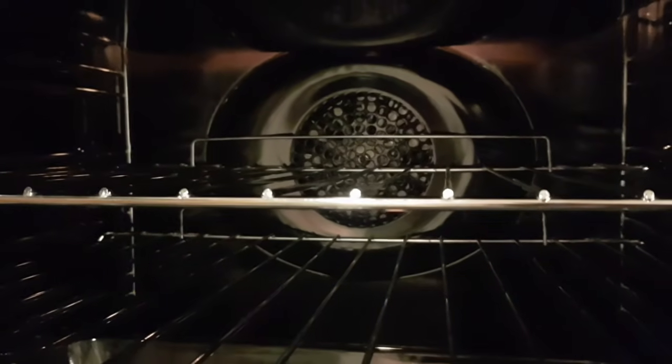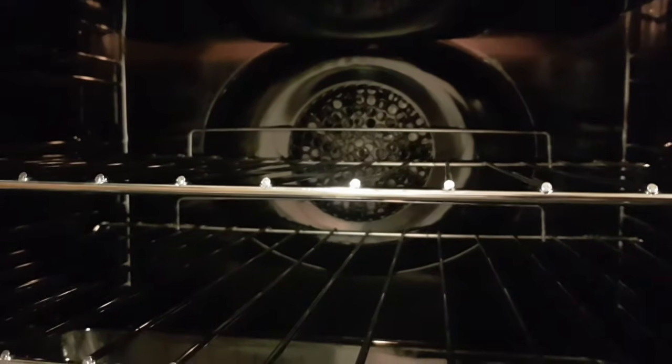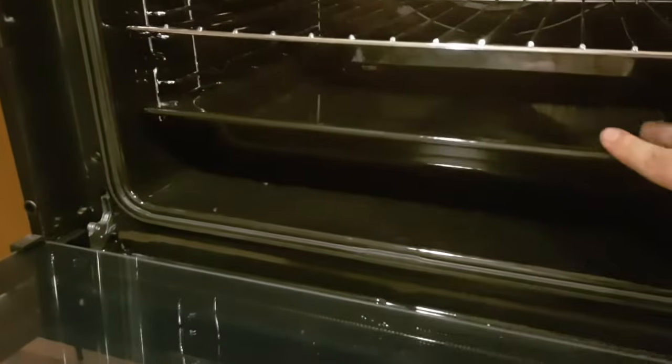So inside you'll notice the grill element at the top, as well as I've just mentioned the light is at the top in the back. And then if I just pan a little bit down, you'll notice the large fan operating there. Now the fan is actually on at the moment in terms of the cooling fan itself, and it's pretty quiet if I'm honest, so it's not going to disturb you at all. A slight hum there, but nothing to sort of be worried about at all. If I just pan back out, you notice the very large grill pan,